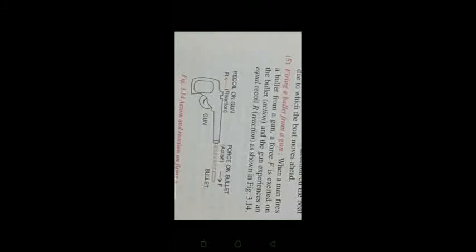Now firing a bullet from a gun. What happens when a man fires a bullet from a gun? See, this is the gun. Okay? The bullet is being fired. Now, when the bullet goes, who is giving the bullet the force to go at such a speed? The gun is giving. So the gun is giving a force to the bullet to go ahead. And when the bullet goes ahead, when it is fired, it gives an equal force in the opposite direction, that is behind to the gun, because of which the gun recoils back.